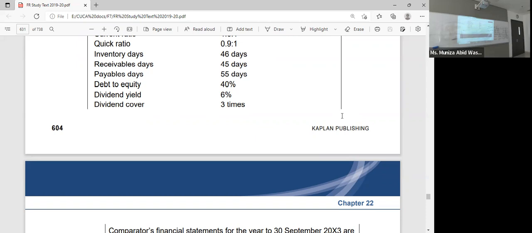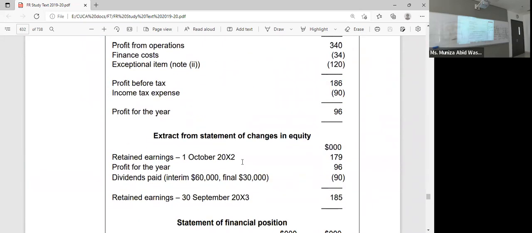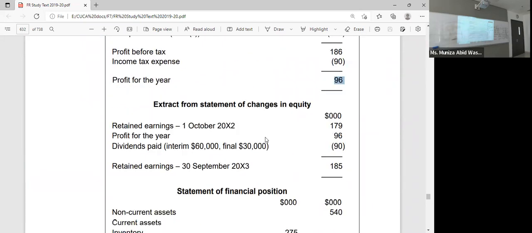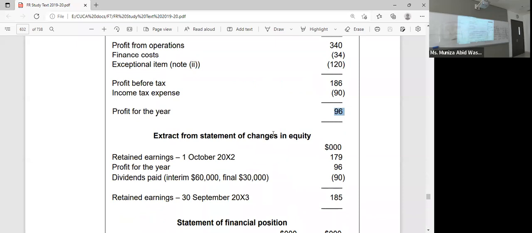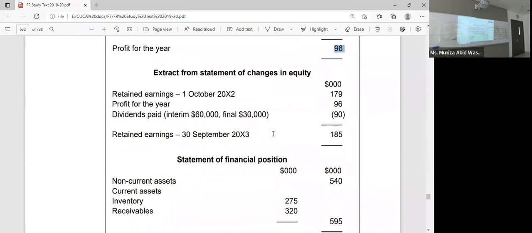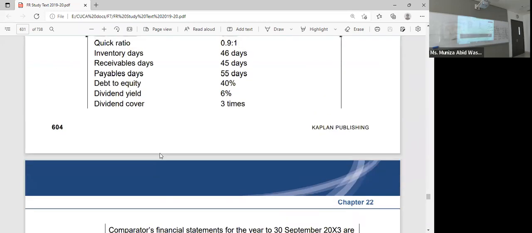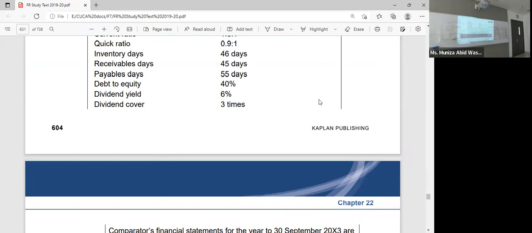Then the dividend cover ratio. Dividend cover ratio: profit after tax, 96, divided by total dividends, 90,000. 96 divided by 90 is 1.06. It means that the organization's profit is in a position to cover its dividends only up to 1.06 times. Around 1 time, we can say simply by rounding it; the organization would only pay 1 time dividends out of